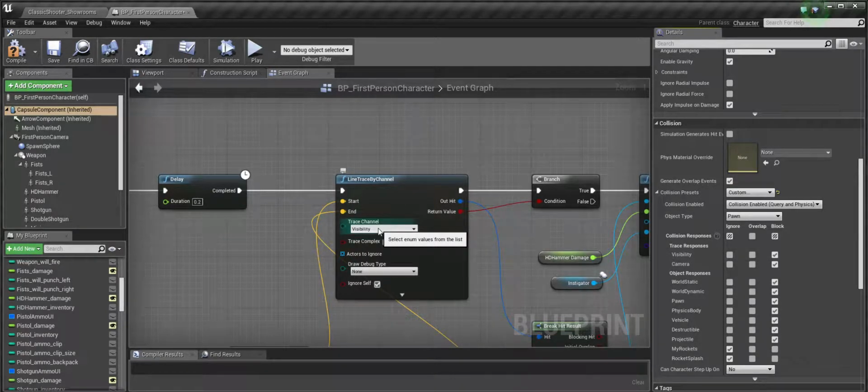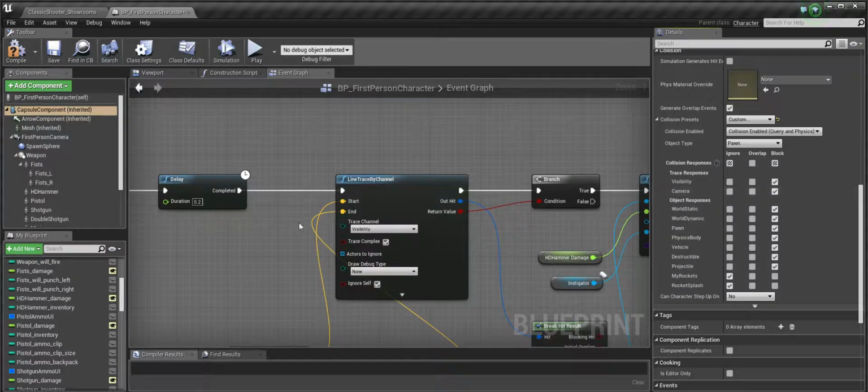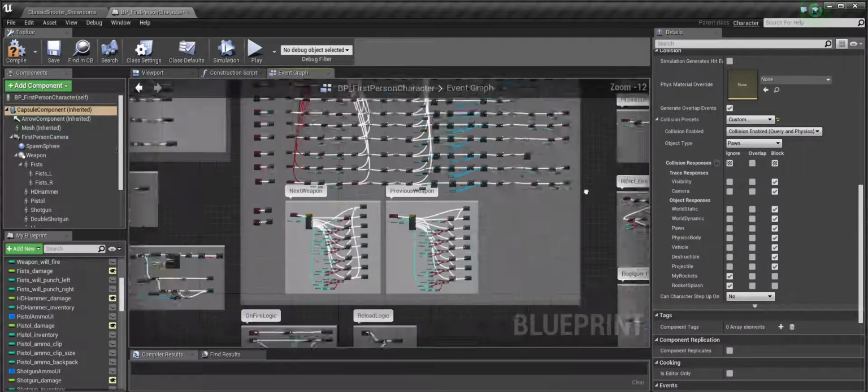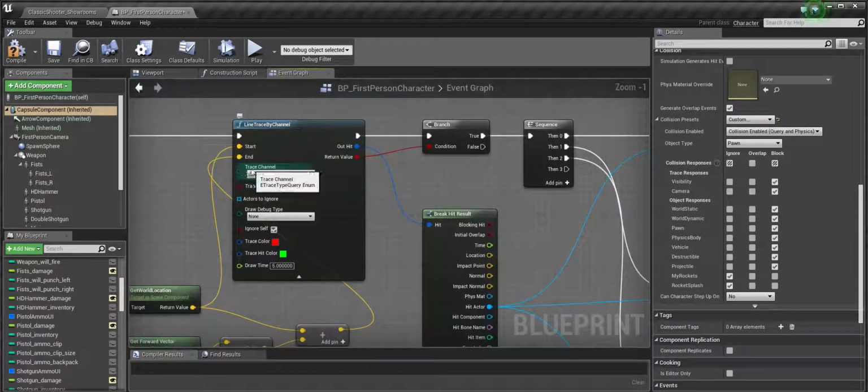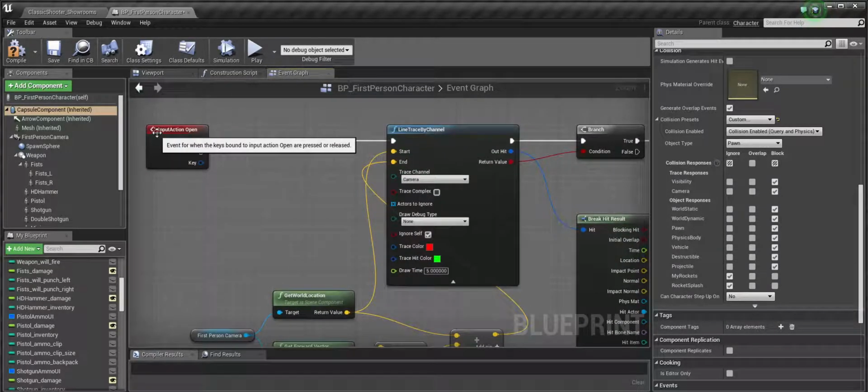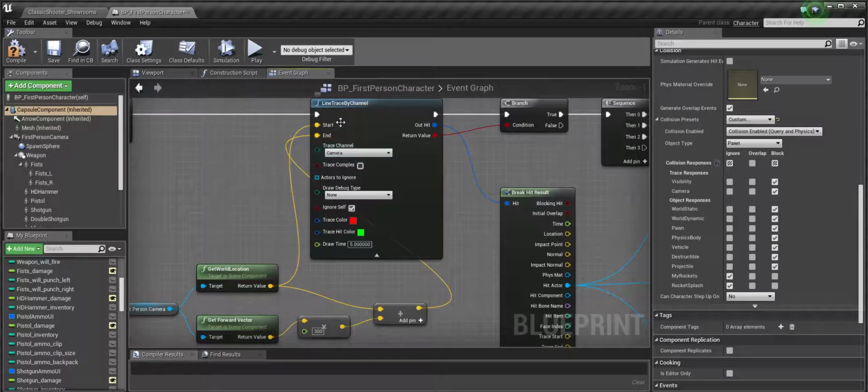We can add more channels, because as the game expands, you might need more channels. For example, I'm using the camera channel for opening doors. Let's take a quick look. You can see here, input action open. I'm doing the line trace by channel, camera. If we take a quick look,